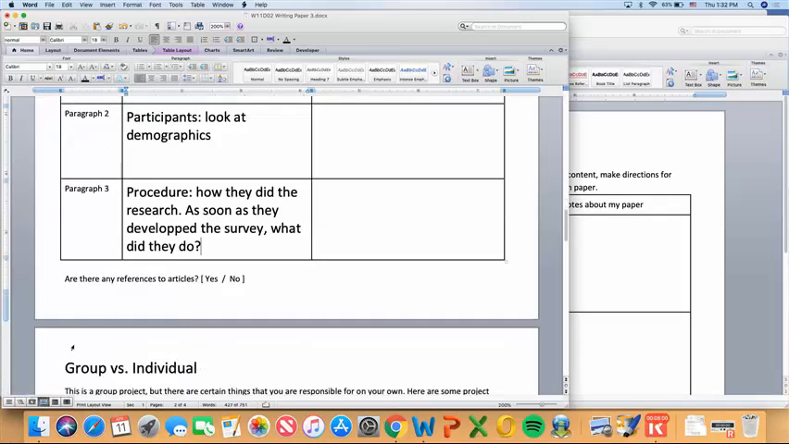One last question for you. Are there any references to articles? No. So you don't have to describe articles because you're just describing the process you took. Any questions? All right. So everyone now knows how to write the introduction, knows how to write the methods, and